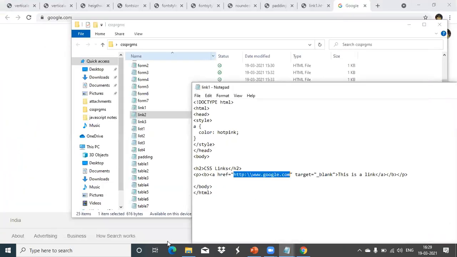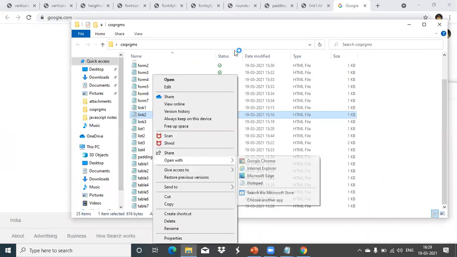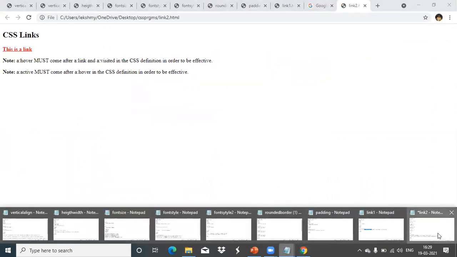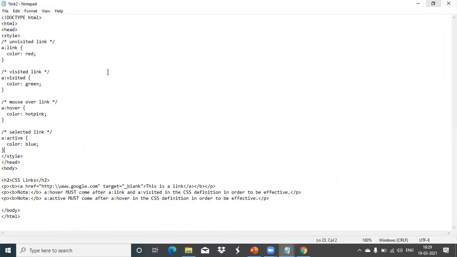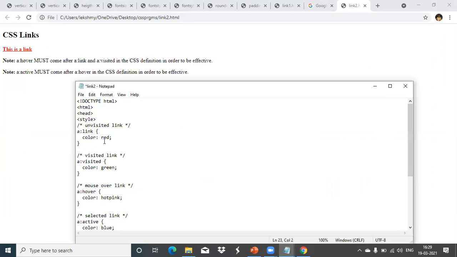We'll see how we can view this in our browser. When it is not visited, so now it is showing what? Red color. When I place the mouse over that link, now it is showing that hot pink. See, right now I have not clicked, I have just kept the mouse over that link. So the color changed to pink.